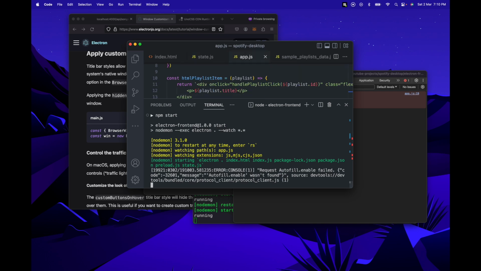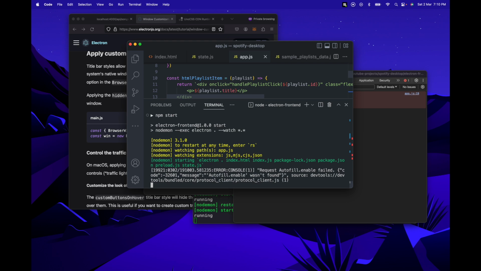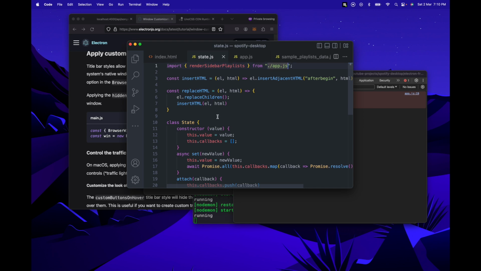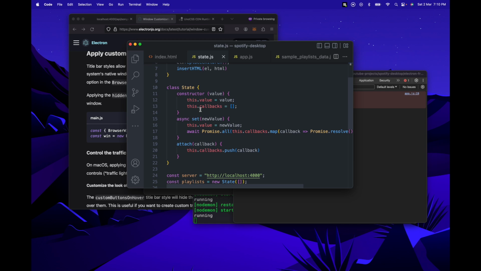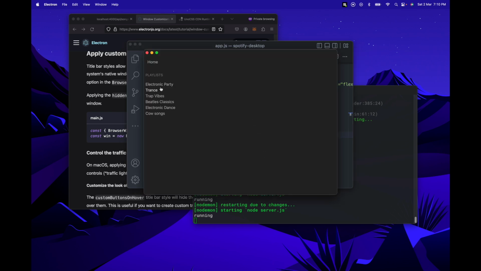Let's open this up. So something you need to remember when using this state or any instance of this state class is that the value is not directly accessible. You need to access the value by this variable over here. So when you say let playlist of playlists, it does not really mean anything. We're going to need dot value over here. Once we save this, now we can see that